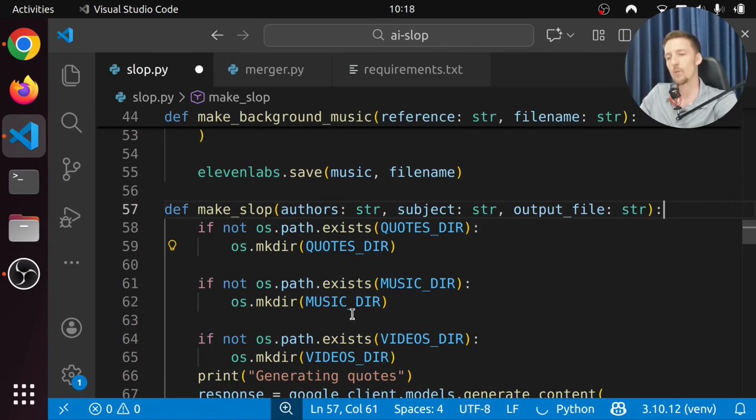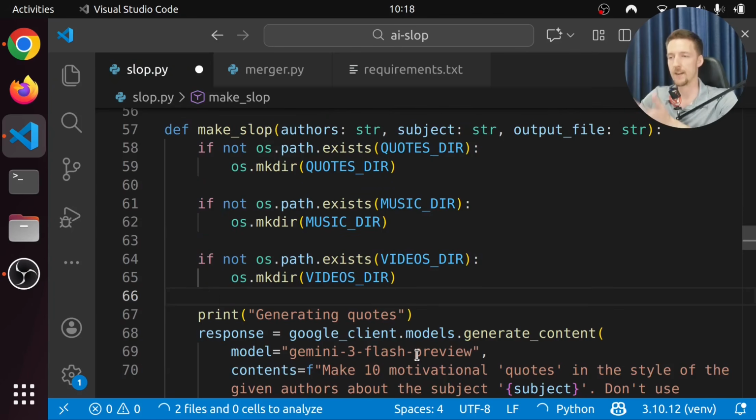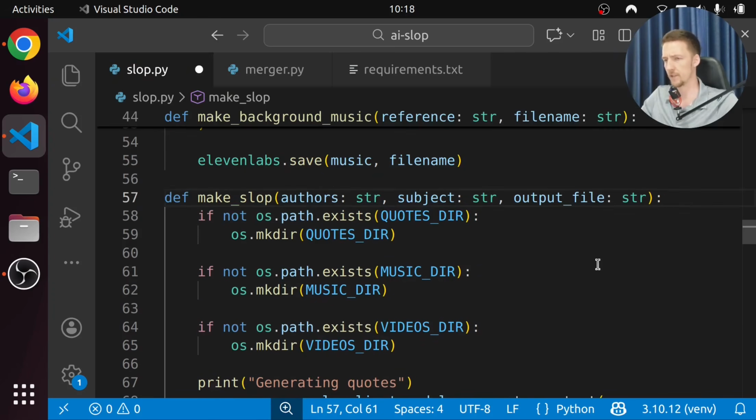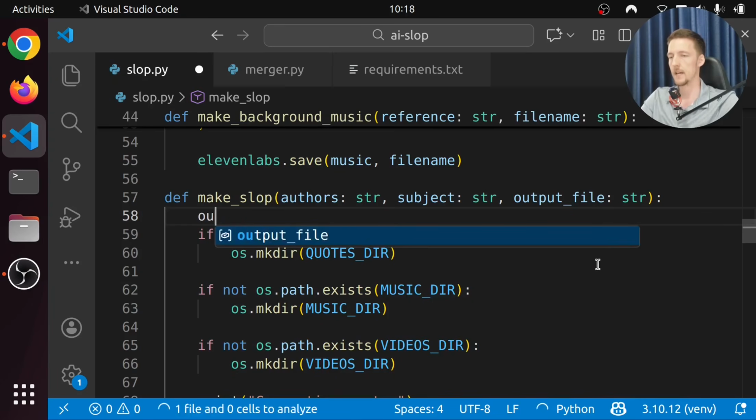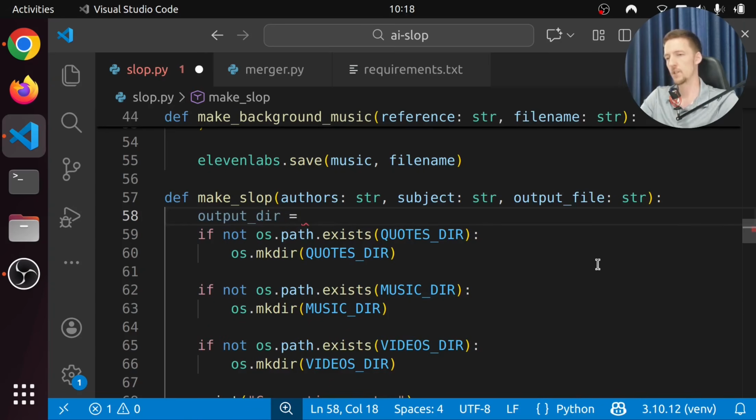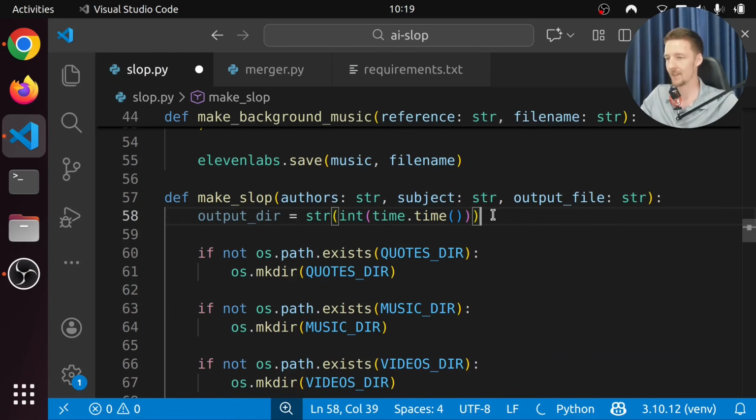And I kind of want to make a separate directory every time when I make a new slop. So let's refactor this a little bit. Let's say output dir. It's just going to be something like the time.time. Let's make it an integer as well, like that. Is there a better way of making a string of the timestamp?